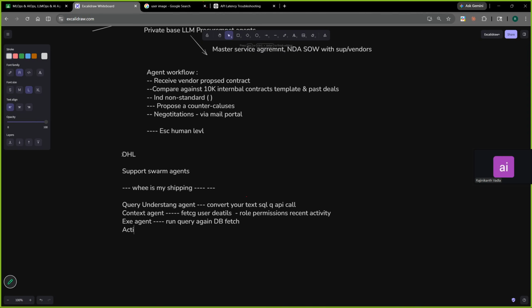Then the action. Now the action is like, it is a support, right? So you will be writing some actions like offer buttons. This is how companies are doing offer buttons. That means reroute your shipment. You ask this query, which means you have some concern, right? Reroute your shipment,